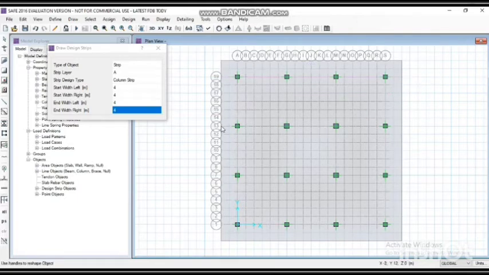Draw all 4 strips. After drawing one strip, click on the area which is outside of the footing to close the strip line. Draw the third strip line and the last strip line in X direction.